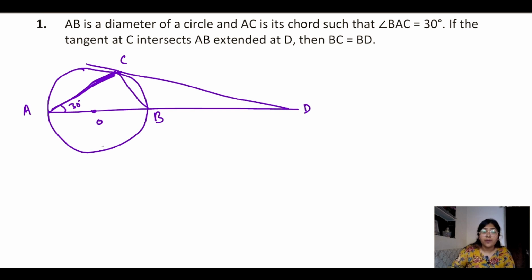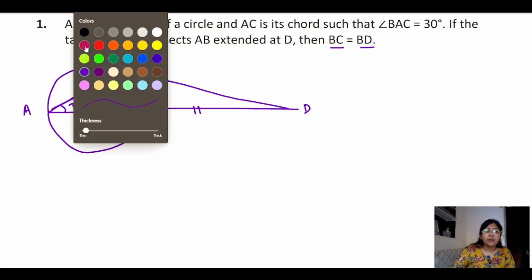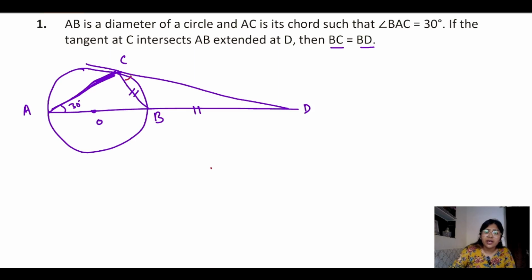ओके, सो हमने फिगर फॉर्मेशन कर ली है। हमें क्या प्रूफ करना है? BC इज इक्वल्स टू BD। ये हमें प्रूफ करना है। अगर हमें ये प्रूफ करना है तो क्या हम ये वाला एंगल इस एंगल के इक्वल प्रूफ कर दे तो हमारी प्रूफिंग कंप्लीट हो जाएगी? यस, बाय देन वी कैन राइट विद द आइसोसेलेस ट्रायंगल प्रॉपर्टी CB इज इक्वल्स टू BD।